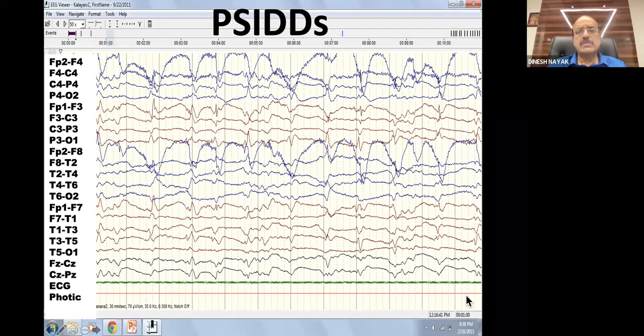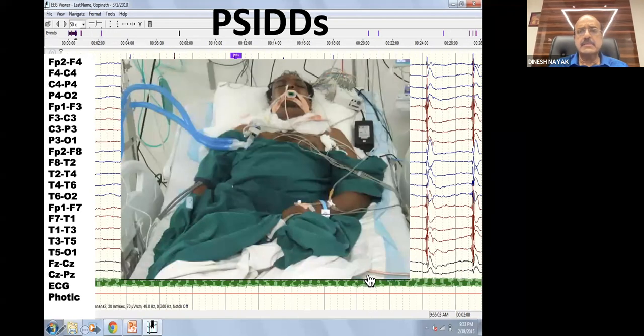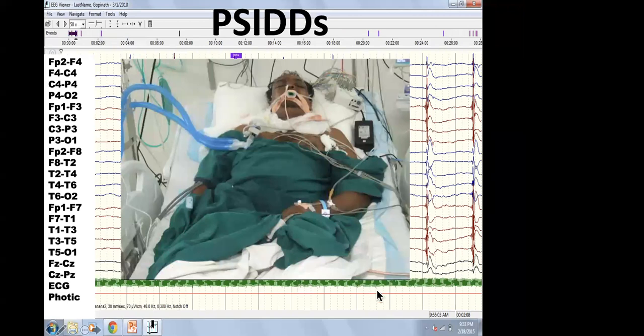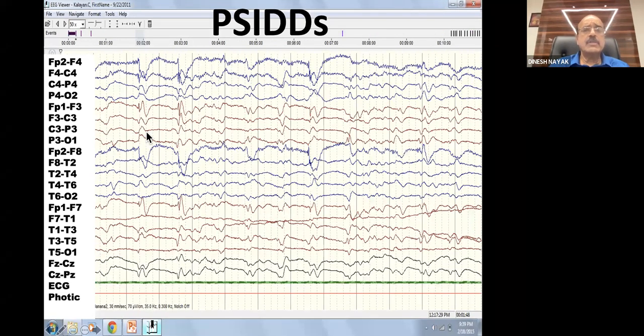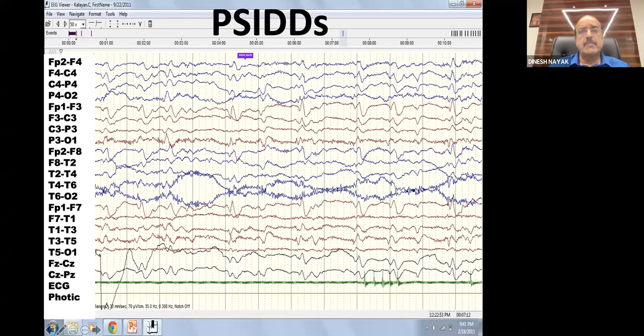What's your spotter diagnosis? CJD. That's it. The previous one, spotter diagnosis, anoxic encephalopathy. This is also classical CJD, short interval diffuse discharges, which are spiky. In between, with the anoxia, you saw they were flat. Here it is not flat. You can see some theta background activity going on, indicating a fairly severe encephalopathy, but not as severe as the anoxic encephalopathy. That's another good example of short interval periodic diffuse discharges.